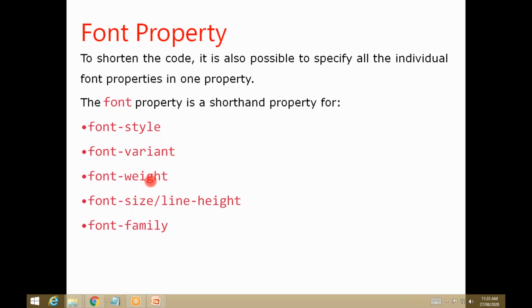Font weight means it may be bold. Font size lets you increase or decrease the size. Font family is like Times New Roman, Calibri, Algerian. Like this, you can apply the CSS font property on your text.